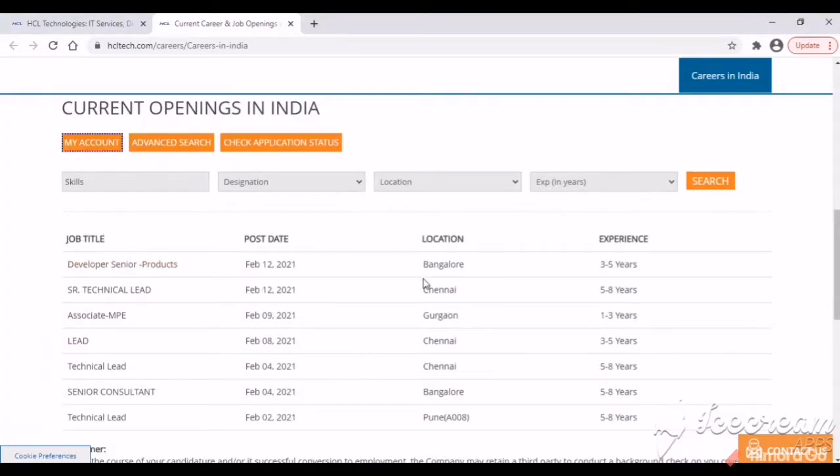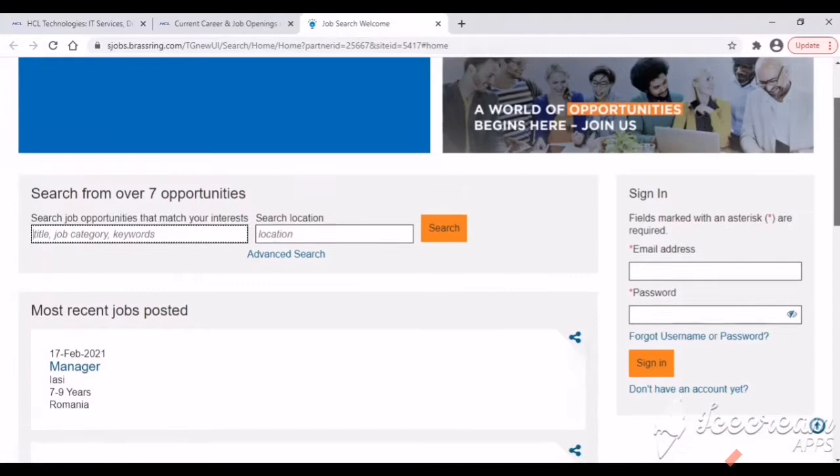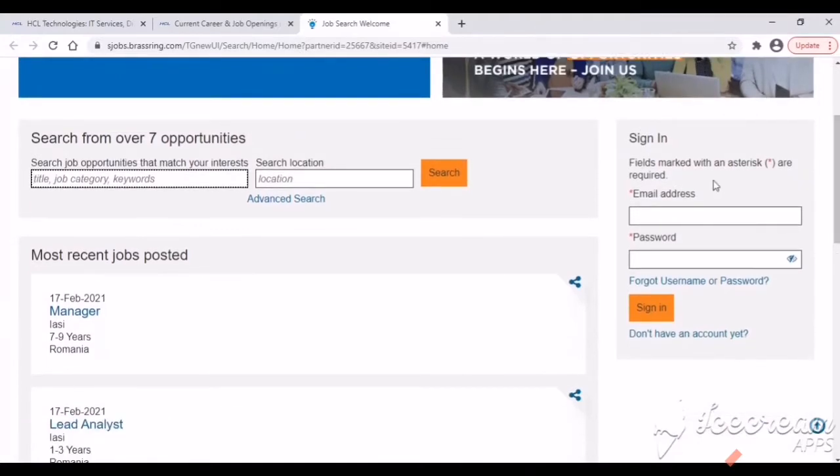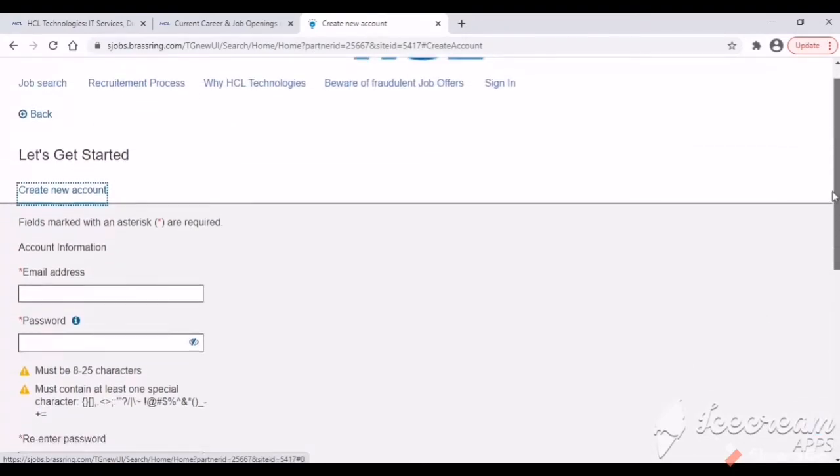To apply to these jobs, we need to click My Account, because first we need to sign in before applying. To sign in, on the right side, we need to give the email address and password and click sign in. If you don't have an account, click don't have an account yet. So the registration page opens.